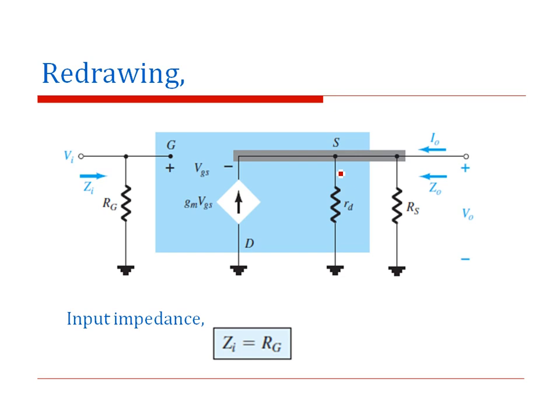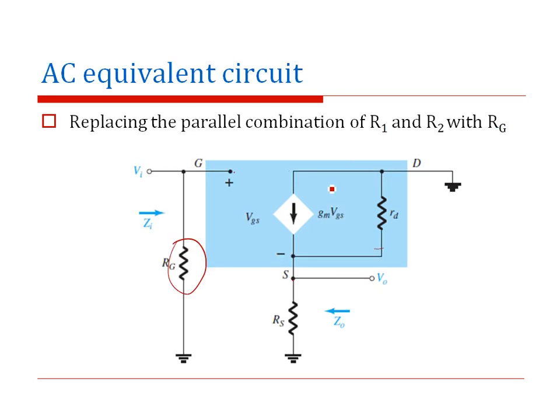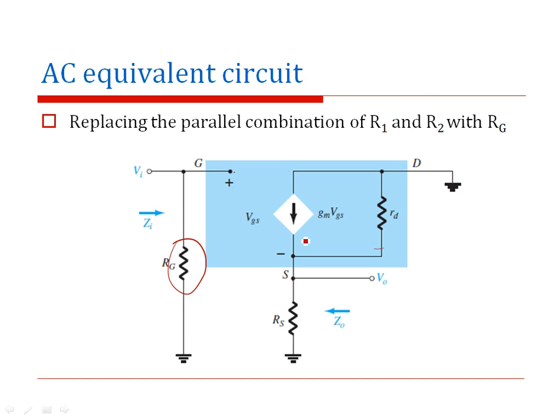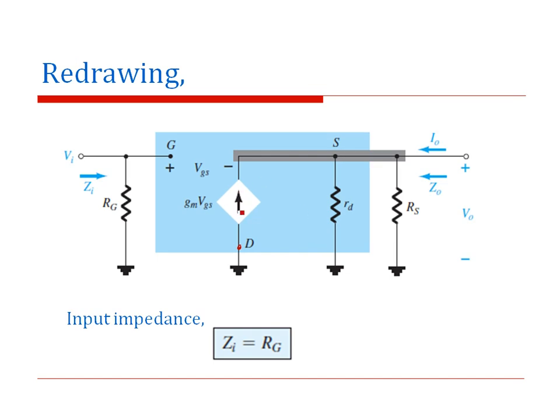So if you redraw the circuit, then the source, if you bring to the top, you are taking the output across V0, and the drain is already connected to the ground. You are doing the AC analysis. So input will remain like this, VI, RG, and you have VGS and GM VGS. The current source will be inverted because drain is here now. This is drain. We have redrawn the circuit, bringing the drain down and took the source up. So the direction of current has changed to this side. So drain to source, the current is flowing. We have just changed the representation, and VGS is from gate to source.